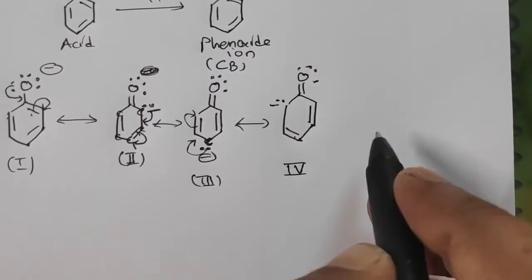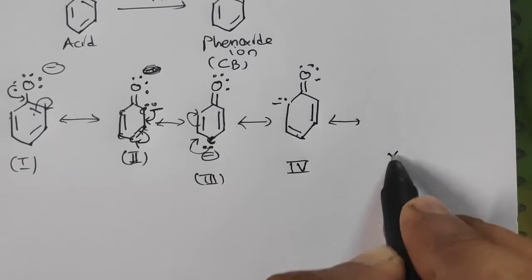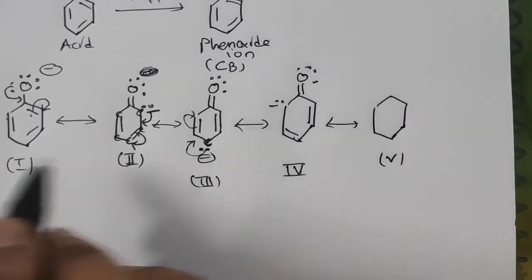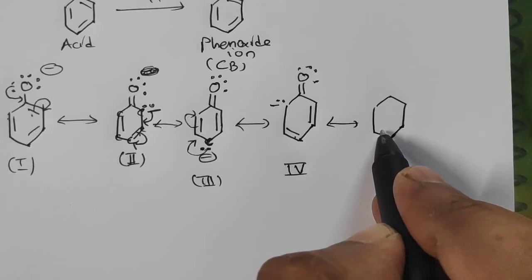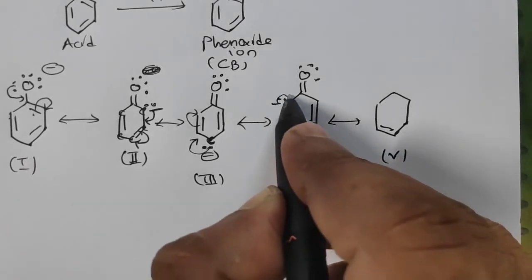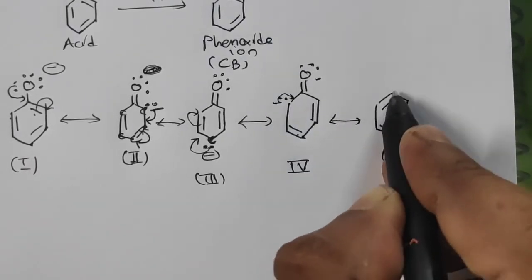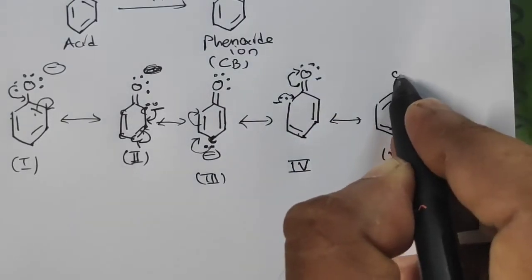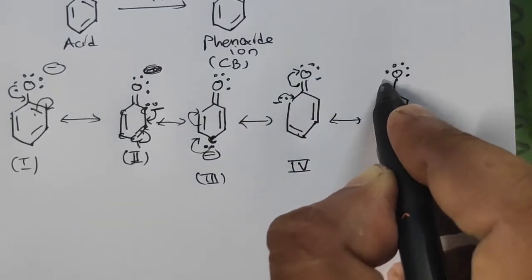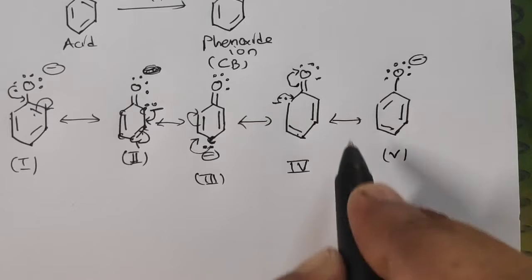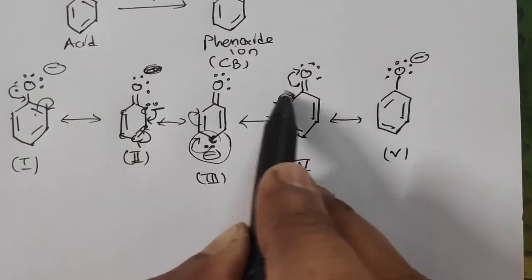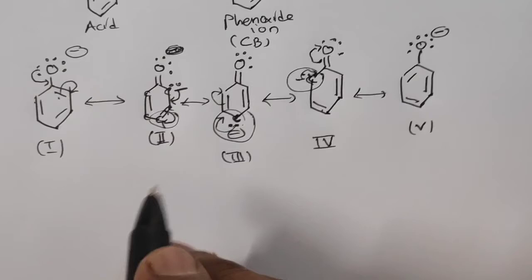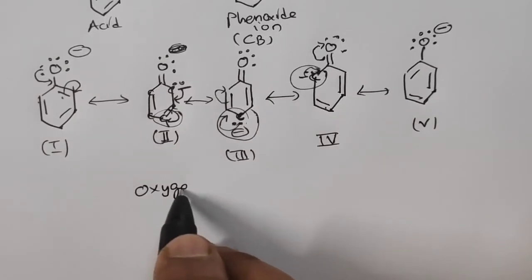Now the next structure, that is the fifth structure. In the fifth structure you will see the double bond will change. Means in the first structure what you saw, the double bond will be like this here, and here this oxygen will give the electron pair. So again O and a minus charge will be here. Understood?